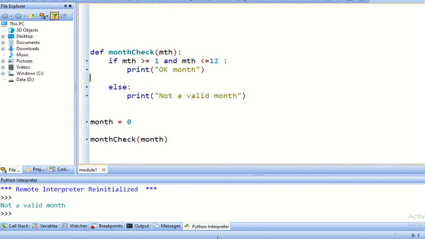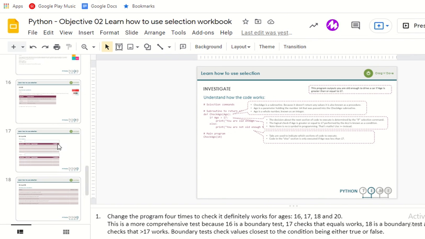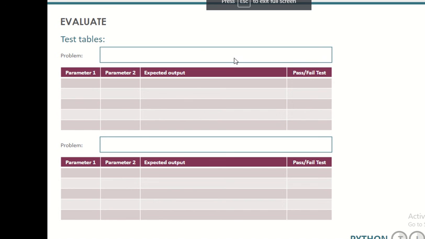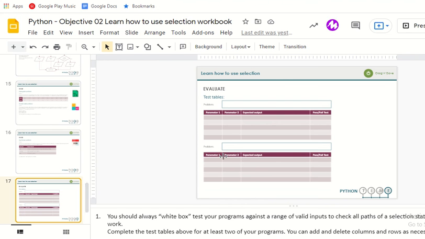Okay, right, if I go back to the booklet very quickly, right at the very end it talks about, let me present that a moment, it talks about test tables. Now if I present it like this, it doesn't give the notes at the bottom, but in essence it's asking you to pick one of the problems that you've solved. Take a little while till you get to this, in fact. Then you pick the problem and what values are you using, what's your expectation, and does it actually pass that test? And this is what software developers use when working in teams to indicate what values work and what values don't, and therefore testing